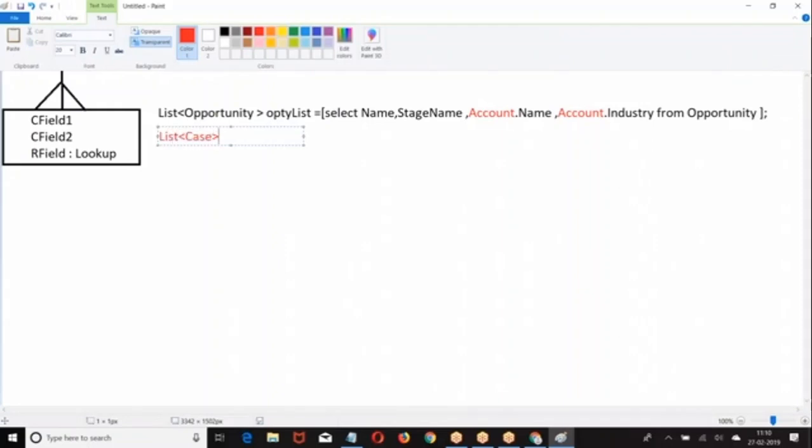List of, select subject, priority, account.name from.